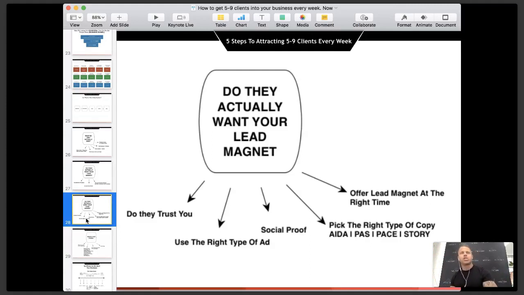Or is it like problem, agitate, solve? So that works really well for webinars or seminar-based marketing, or even for yourself, Emma, who is doing the renovations. It works well with reports. So it's problem, agitate, solve. You talk about the problem: are you struggling with Facebook marketing? You agitate them, agitate the problem, like: do you open up your email every single morning hoping for new leads, but your inbox is still zero, except for 1,000 people asking about problems that you're trying to solve? And then the solve: click the link below to register for our Facebook marketing webinar, where we teach you how to get 10 leads every single day through Facebook advertising. That's problem, agitate, solve style copy.